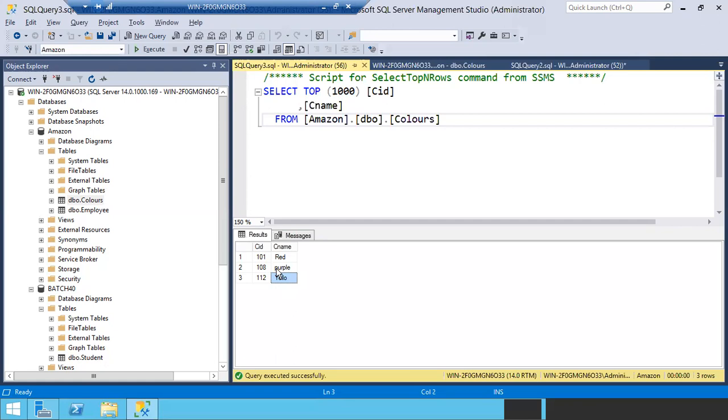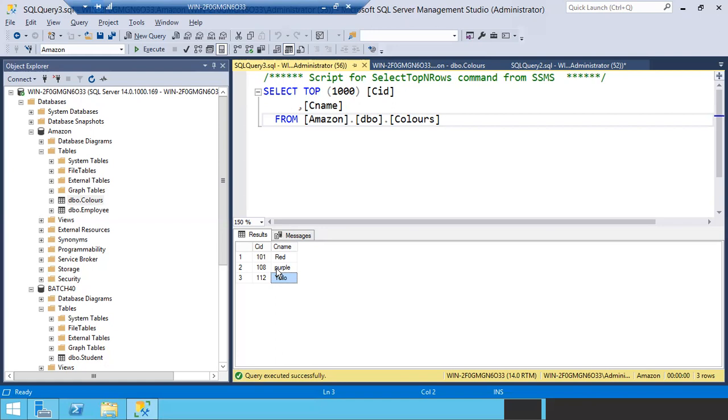Okay, if you are doing small tables just to insert, you can use the GUI, but it won't look good. So to create the tables and to insert the values in the tables, usually developers will use scripts only. 100%, not 99, 100% they will use scripts only. In case you are learning, then you can practice by using the GUI option. But no one will go for the GUI.